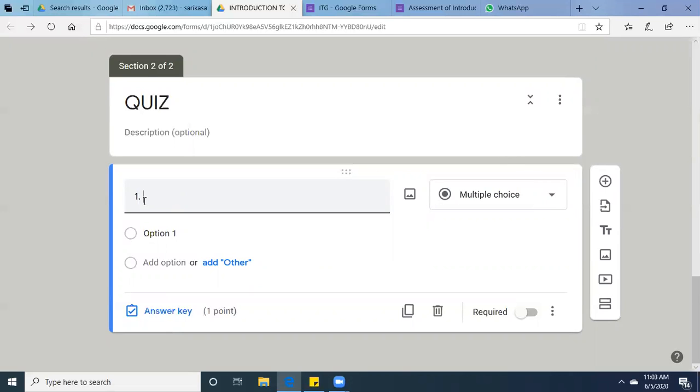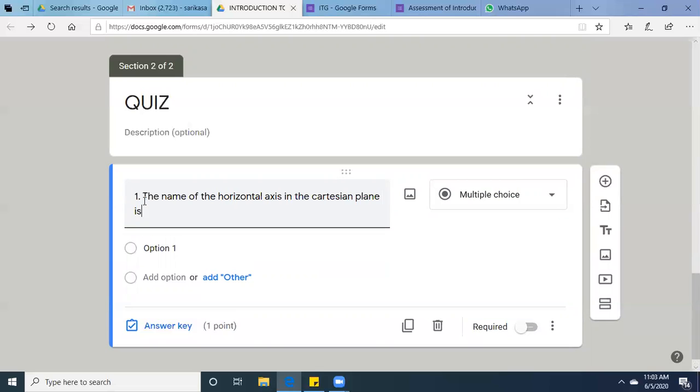The name of the horizontal axis in the Cartesian plane is... see, in multiple choice, as we know, we have many options and we have to answer only one option.